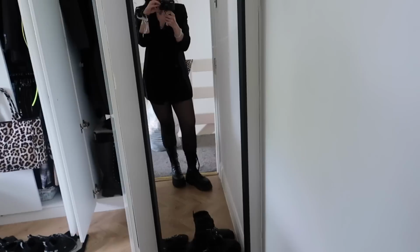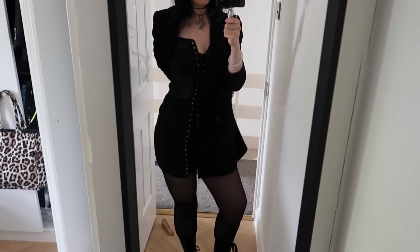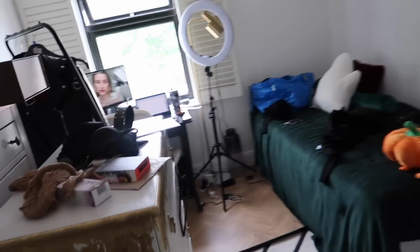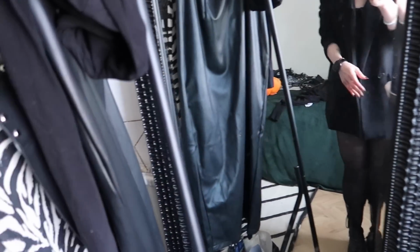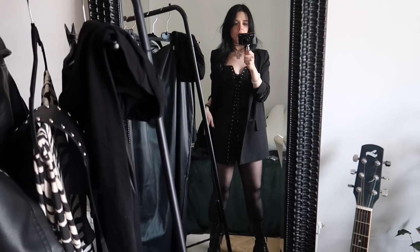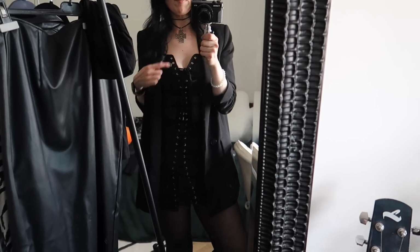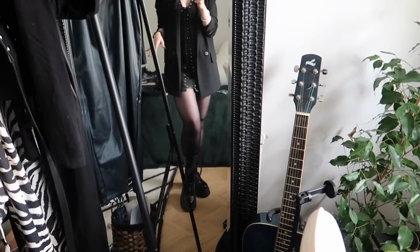I think we're everything. Okay, so this is what I've decided to wear to the actual birthday. I'm wearing that O.R.S. dress that I tried on with you guys. You can't see it at all in this mirror, and this is why I purchased this very big mirror, which I've now put something in front of so you can't actually see anything at all. Okay, so that needs to be moved over. But I'm wearing the O.R.S. dress. It's basically like a Dolce & Gabbana rip-off. I have a very big cross I'm wearing with it, and my blazer on top